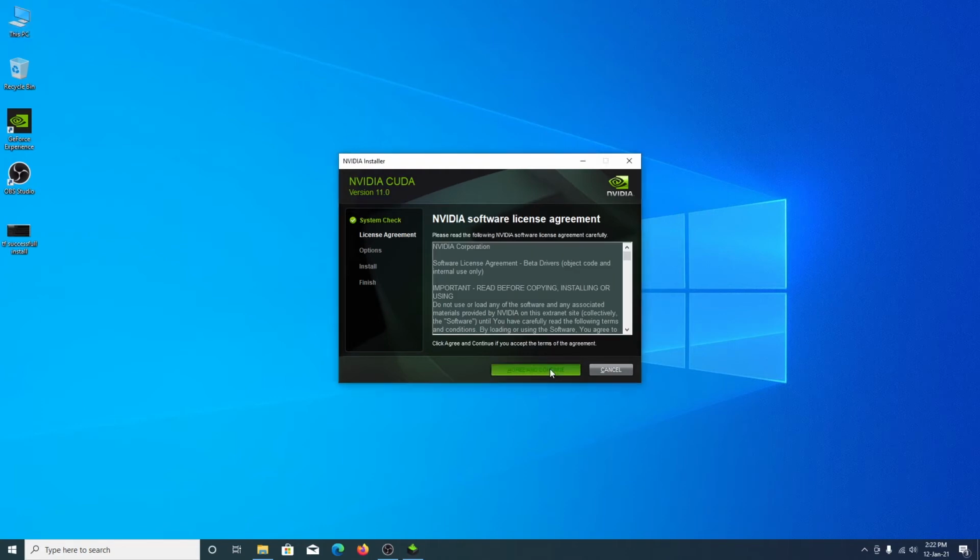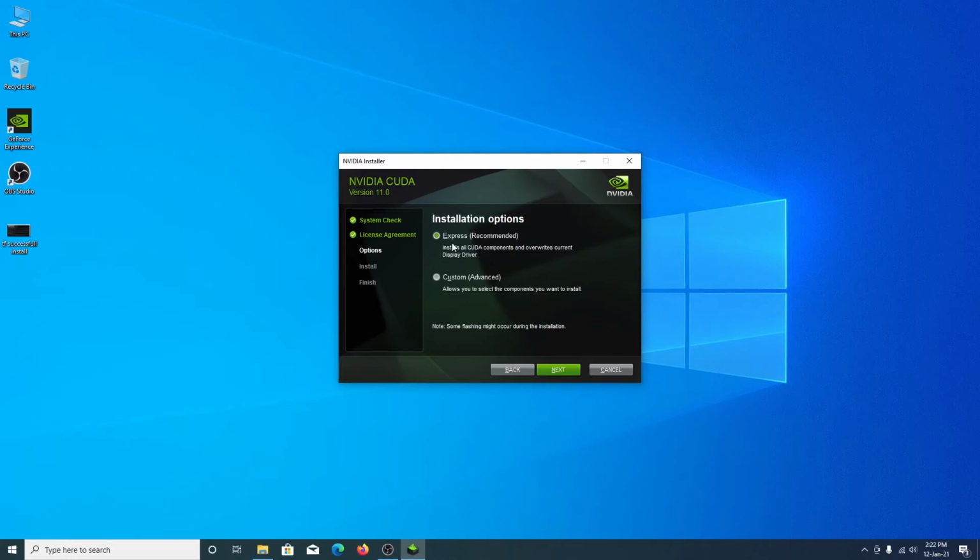Click agree and continue. I'm going to select Express. You can select custom if you want. Click next, and then this is going to install